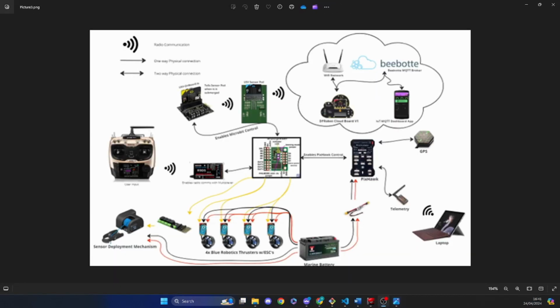So here we have the actual architecture of the system. The way it works is that we have a radio controller for user input that will speak to a radio receiver, and depending on what message is received, it will change the state of the multiplexer. So if a switch is hit that changes the USV into microbit mode, all of the input from the microbit itself will be taken to the output of the MUX, which will then drive the motors and the sensor deployment